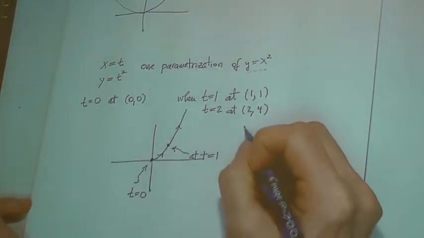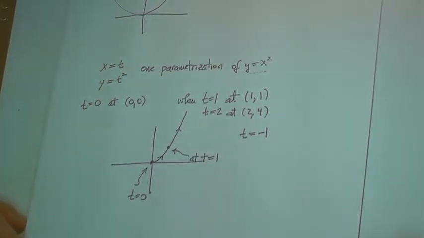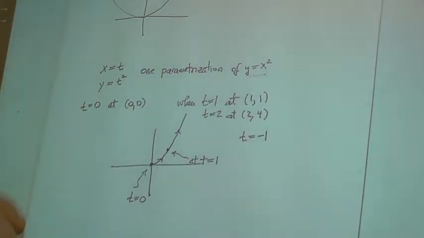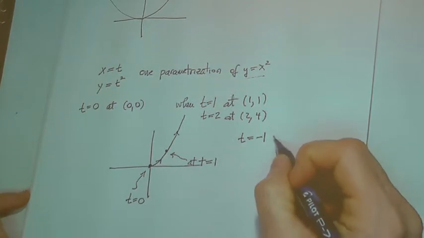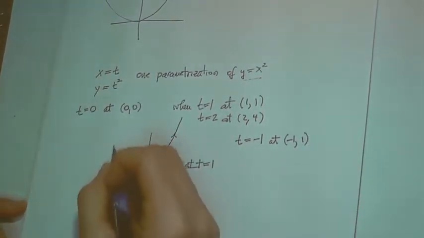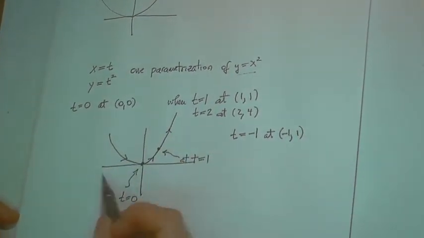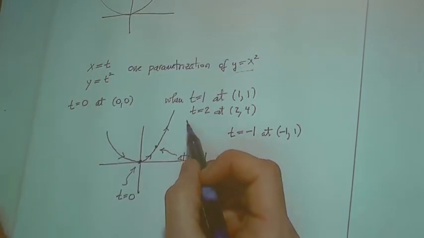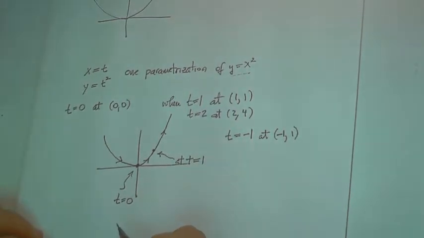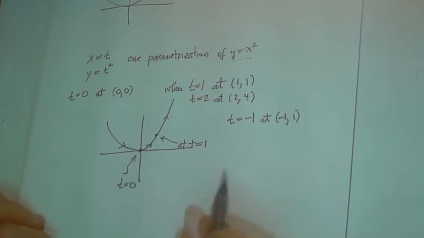Notice that when time is -1, this is perfectly legitimate. I can think about time being in the past. I would be at -1, 1, but what I would see is that as time increases, my direction of motion here moves from left to right. Okay? All right, now,